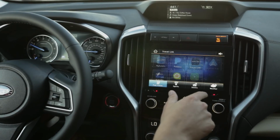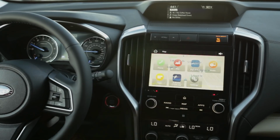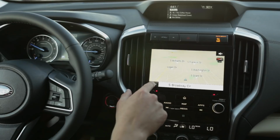I could go to TravelLink. This is going to be the same feature that we're looking at here for the fuel prices searching. So that's all through the SiriusXM. So now to actually put an address in, I have a couple of different options. I can use voice commands, which we'll get to in a second here, or I can type it in